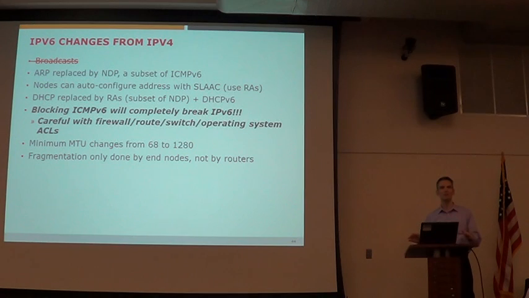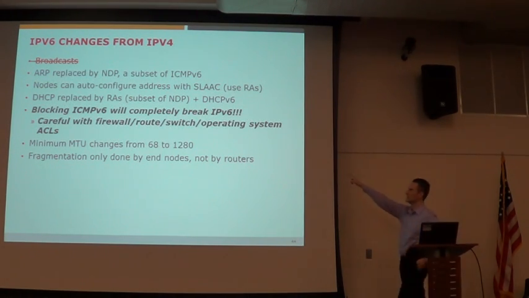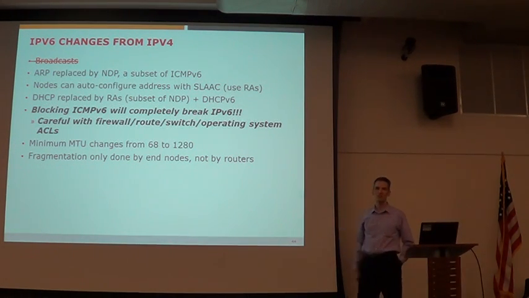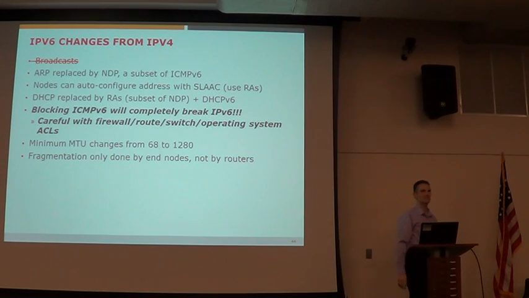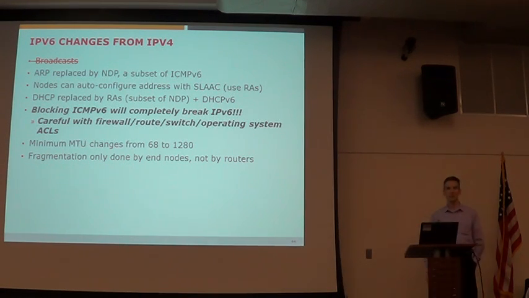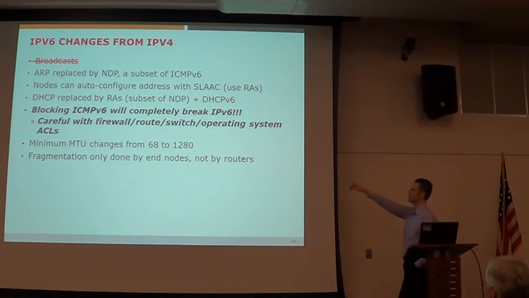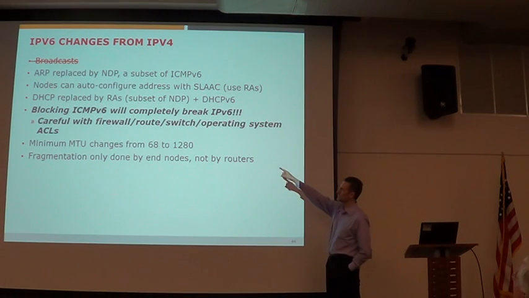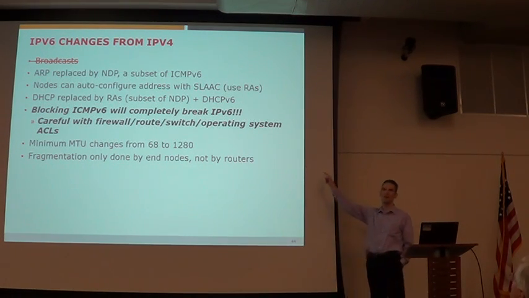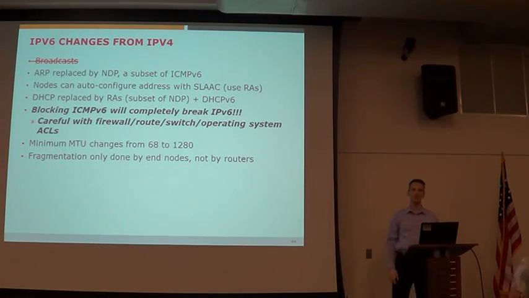You can get away with it in IPv4, however, if you do that in IPv6, what's going to happen to your neighbor resolution? Bye-bye. That's right. So it's going to work until your cache expires and then all traffic will stop. So that would be bad. This is a big thing for people doing security. You cannot block all ICMP. I mean, you will break your network. It won't work.